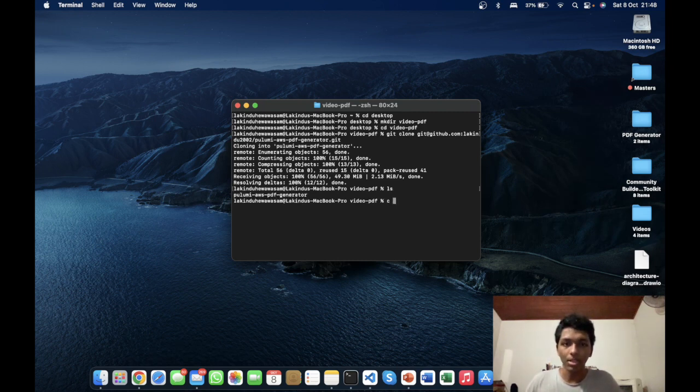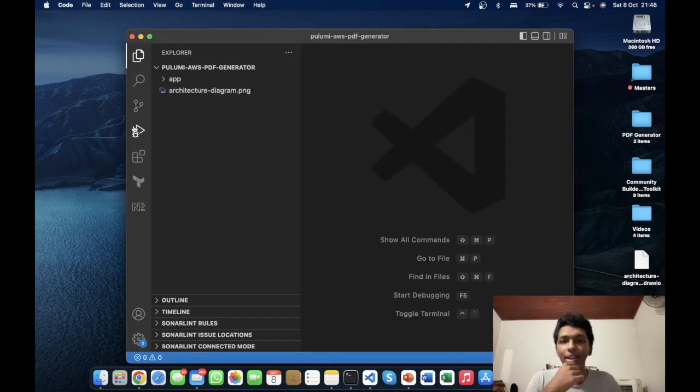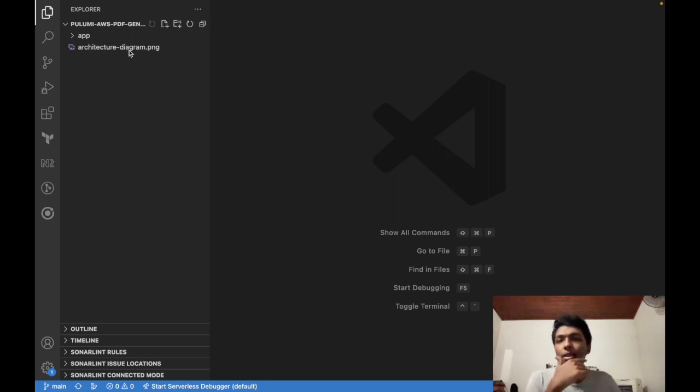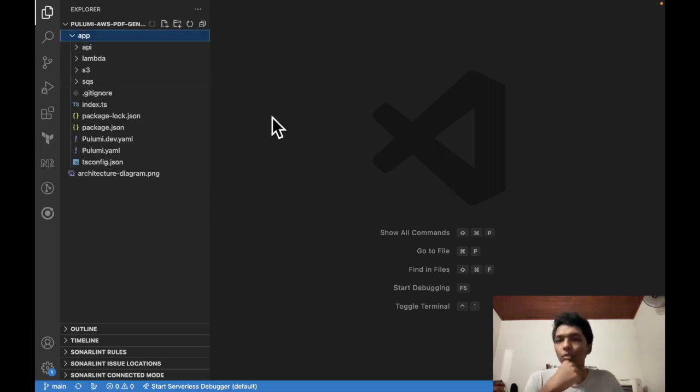So we'll just open this up in our preferred IDE. So I mainly prefer Visual Studio Code. So we'll just open that up and then we can start navigating through the code one by one. So yeah, if you take a look at the code here, we have this project directory with the Pulumi project,